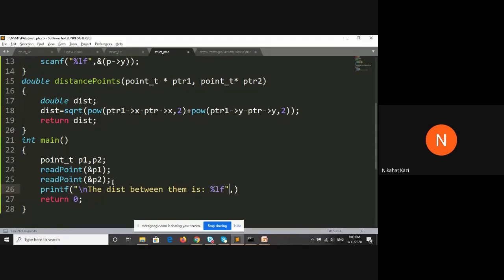So function call inside printf, distance points p1 followed by p2. So address of p1 followed by address of p2. Since it's a pointer parameter, we need to pass the addresses of these points.